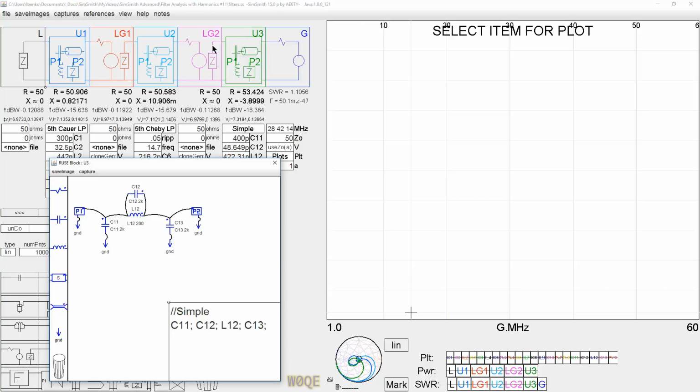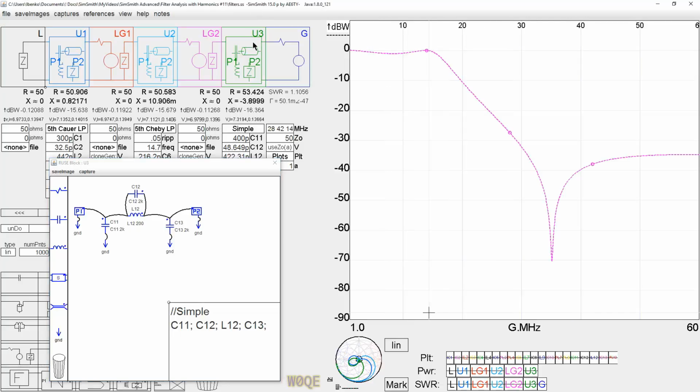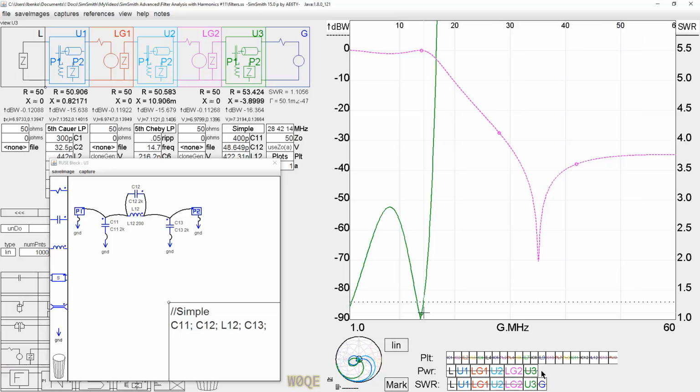So we're going to look at the power going into load LG2, and we're going to look at the impedance at U3. And all these filters are designed to be 20-meter filters, and they have to match the FCC requirements. The FCC requirements are 43 dBc or better at all spurious frequencies. And we're going to assume our amplifier is stable so it doesn't produce any spurious frequencies, but it does produce harmonics. So we have a 1-watt generator here,